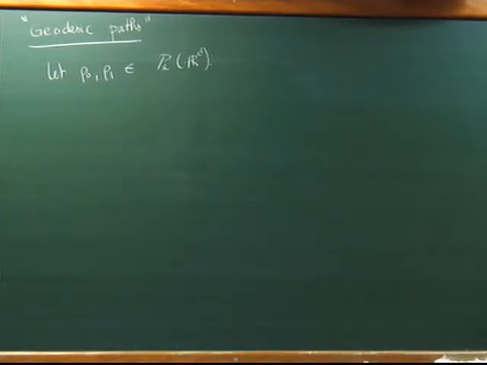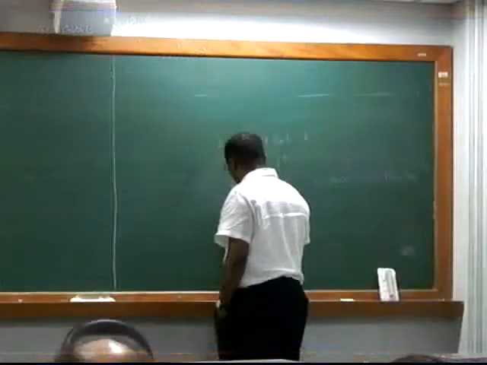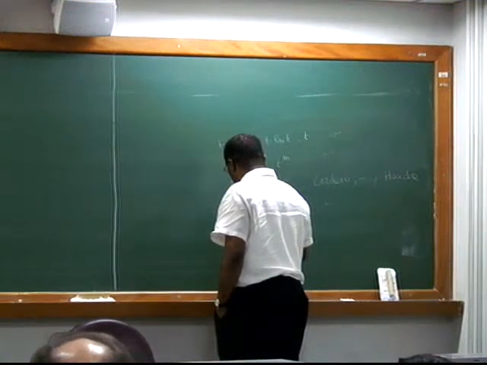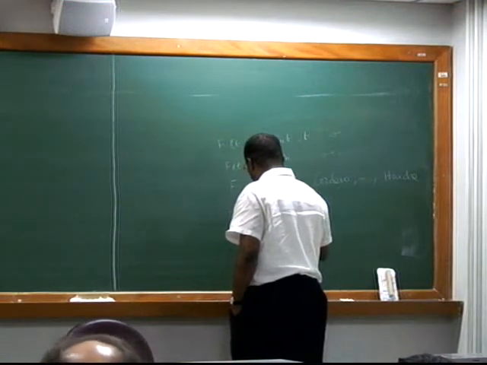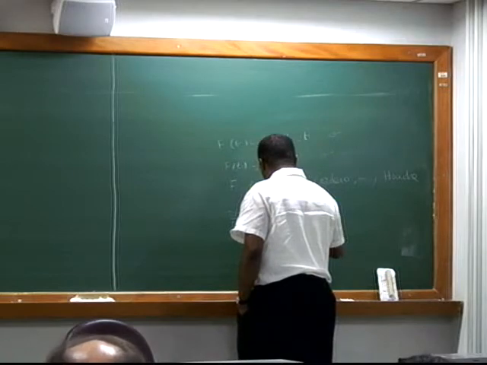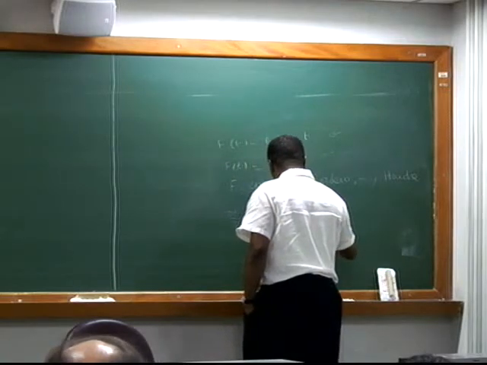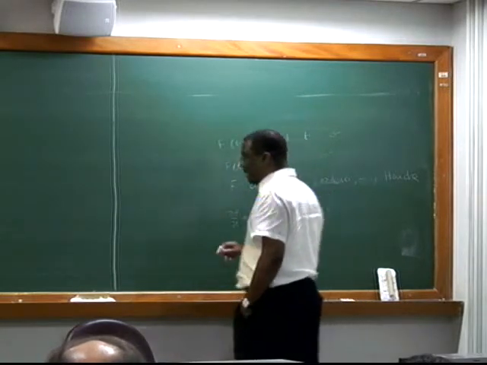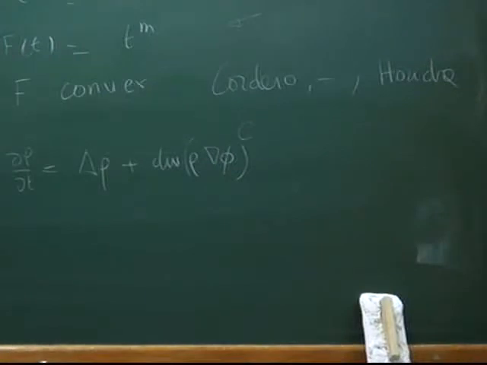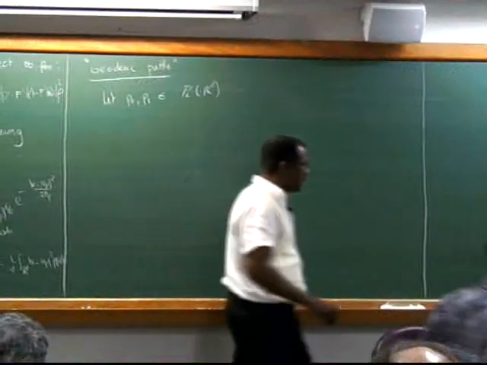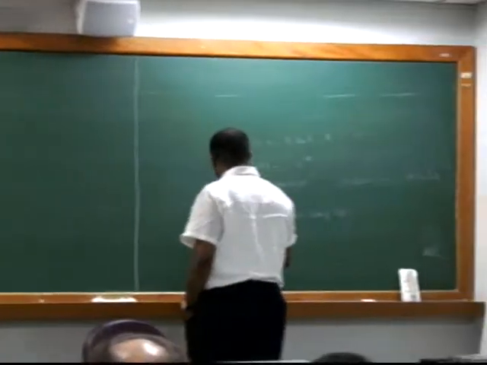So let me consider the equation d rho over dt equal to Laplacian of rho plus divergence of rho gradient of phi. I claim that because of this inequality, when time goes to infinity, rho t will go to rho infinity. Because if you write